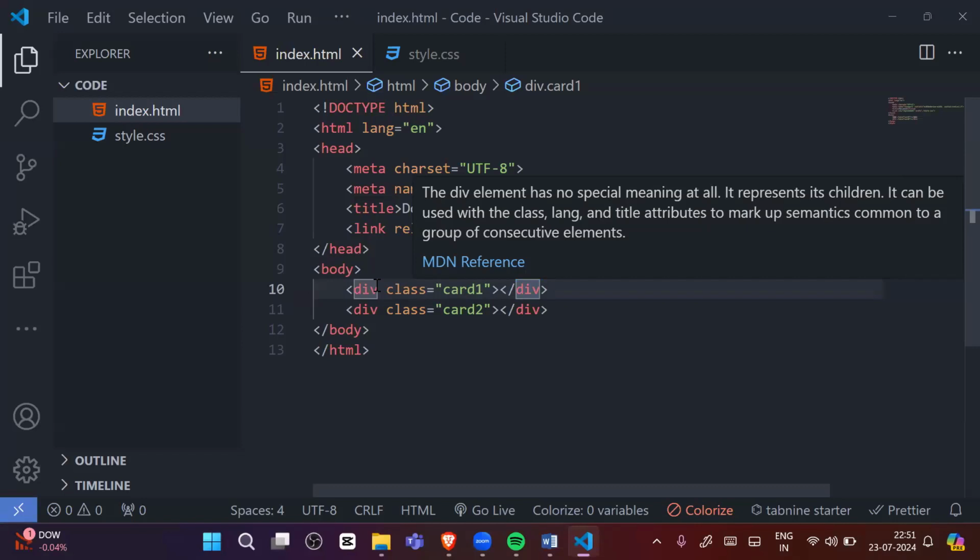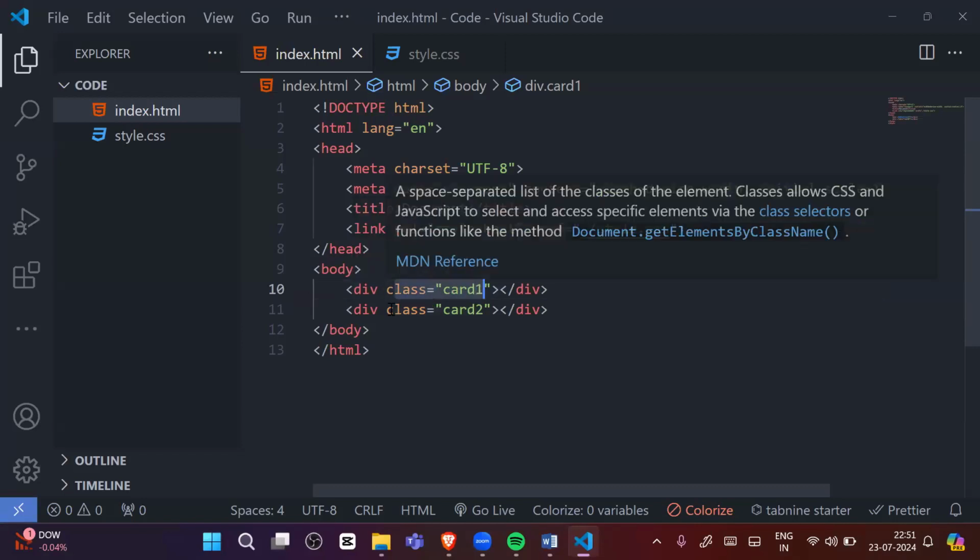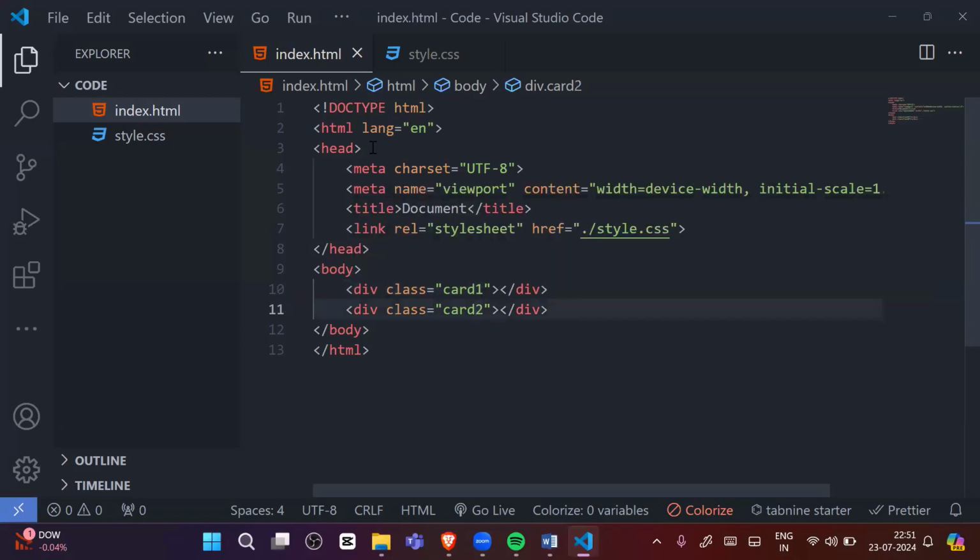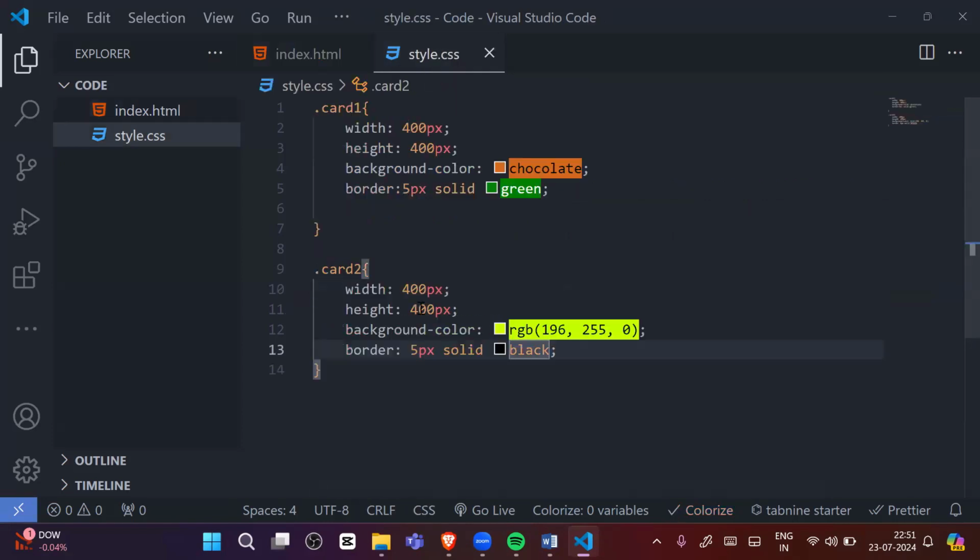Now you are getting two boxes, meaning two divisions. What we have done, we have written two div tags and given them class properties card1 and card2, and we are applying some design on these divisions.